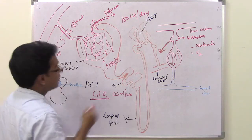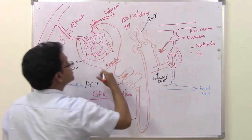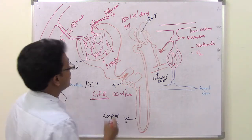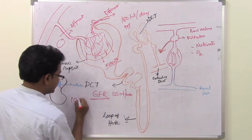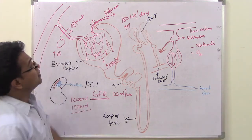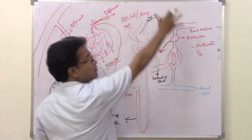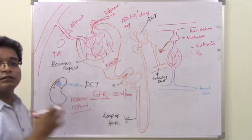Out of this, almost 99% is going back into the blood again. So what is the amount of urine formed in a day? Usually it is 1000 ml to 1500 ml. Right? So hardly 1% is excreted out as urine. The rest of it is still coming back to the blood. Okay? So this is the versatility of our